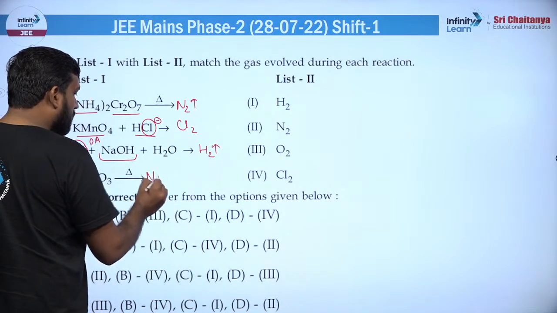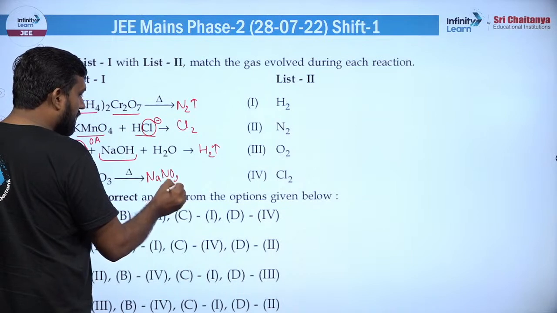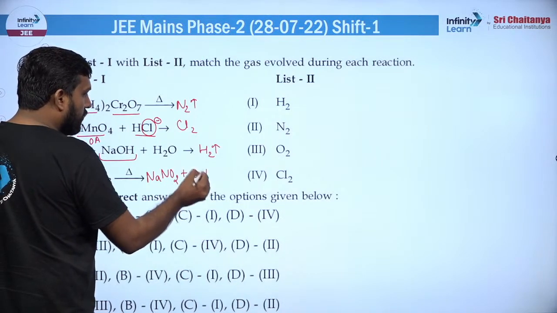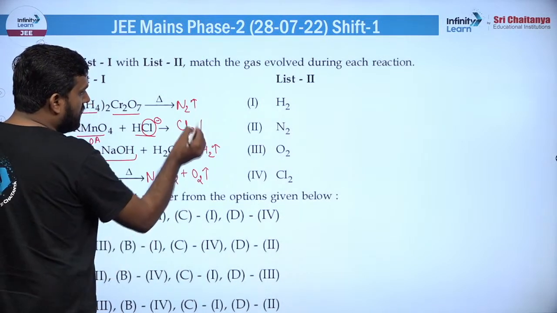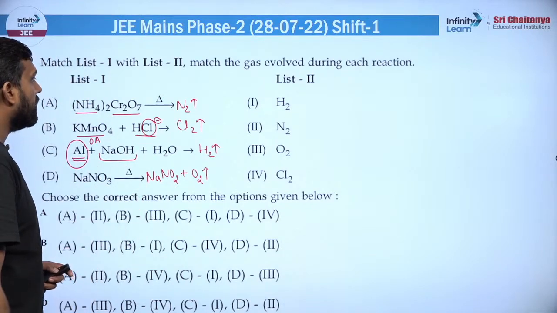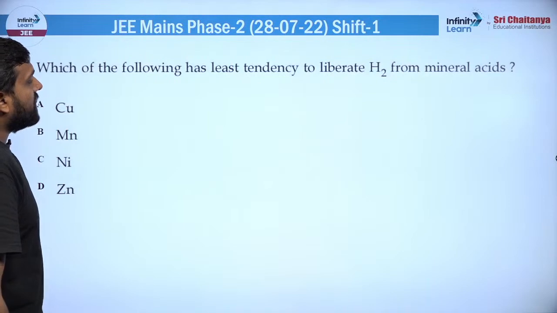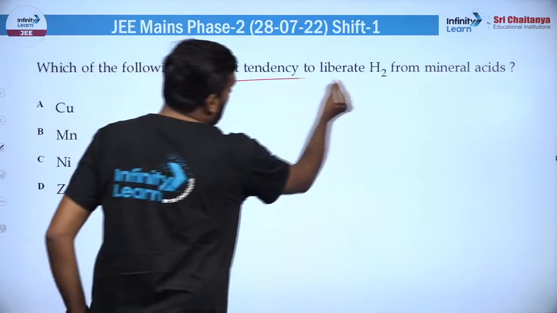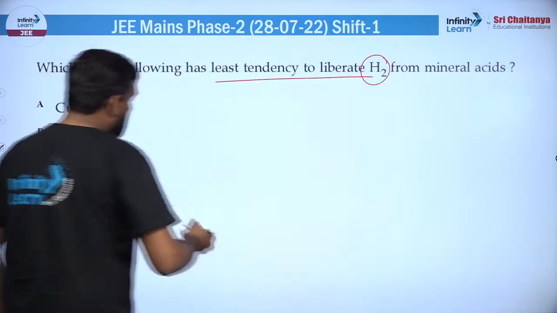NaNO3 को हीट करोगे तो ये बेसिकली थर्मली स्टेबल होता है, ये NaNO2 और O2 में ब्रेक होता है, ठीक है। तो यहां से O2 गैस निकलती है, यहां से Cl2 और यहां से N2, बाकी आप ऑप्शन मैच करा सकते हो, ठीक है। नेक्स्ट क्वेश्चन है: विच हैज द लीस्ट टेंडेंसी टू लिबरेट हाइड्रोजन।